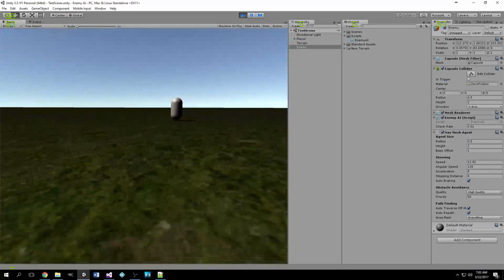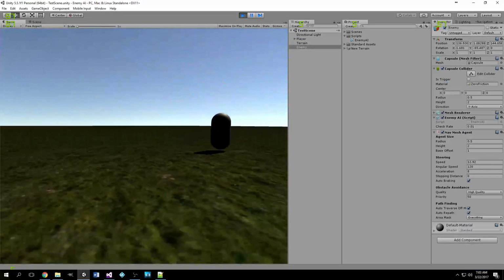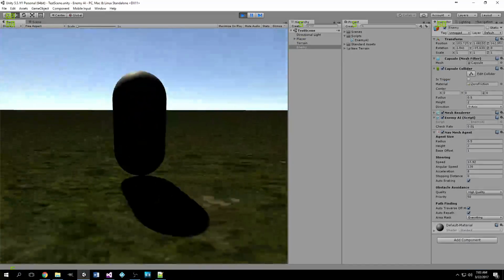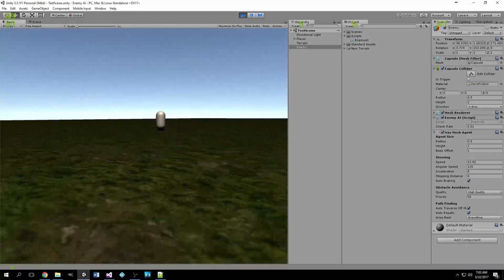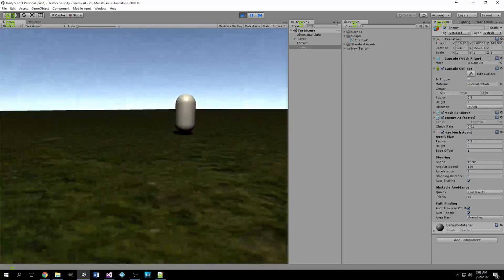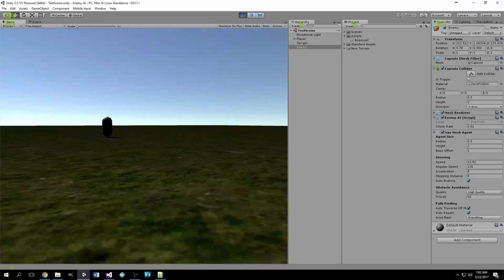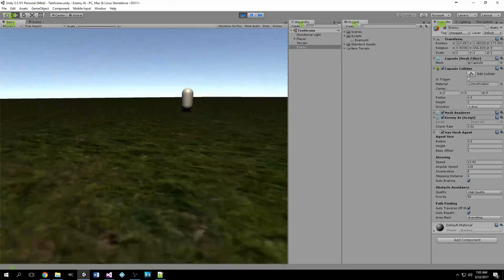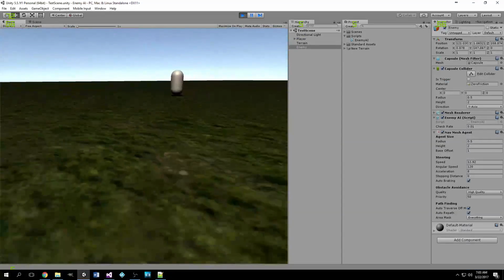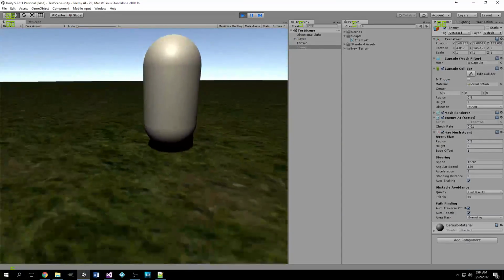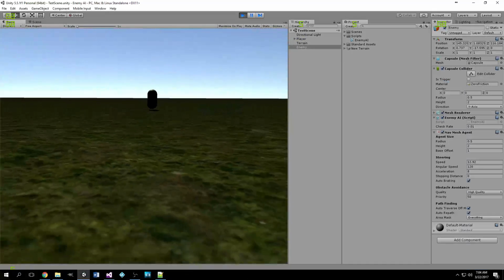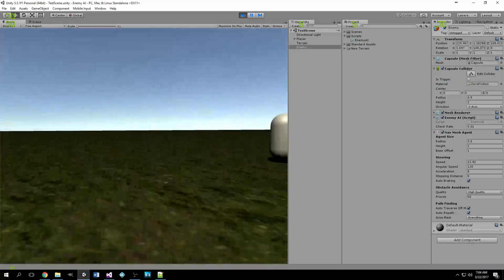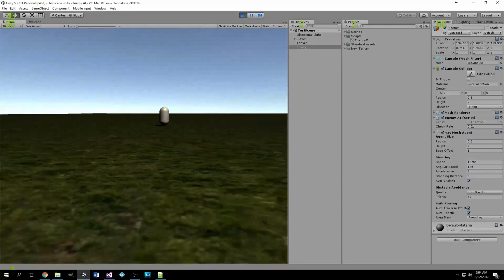Now this is where the check rate comes in. You can see how if we move, he still goes a certain way for a little bit. That's because the check rate's at 0.01. If we lower that, still above 0, then he'll go for a more instantaneous turn. Although, as you can see by looking at the nav mesh agent on the side, we have auto braking turned on, and acceleration, so he's got to decelerate before he can turn, so that also has to be taken into account. You can include